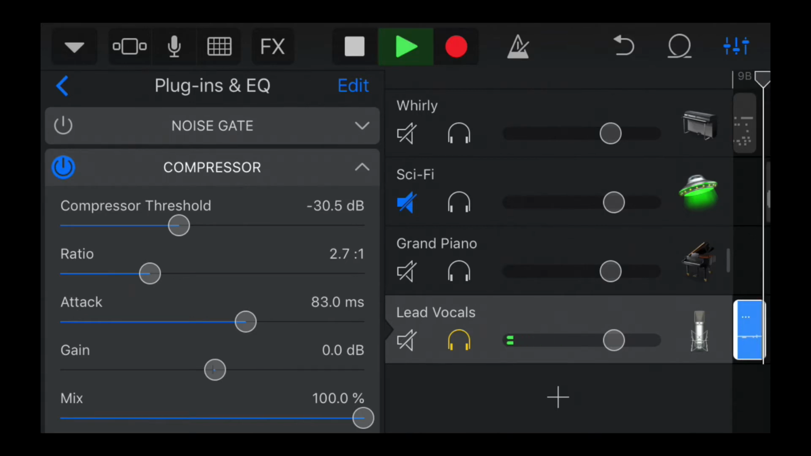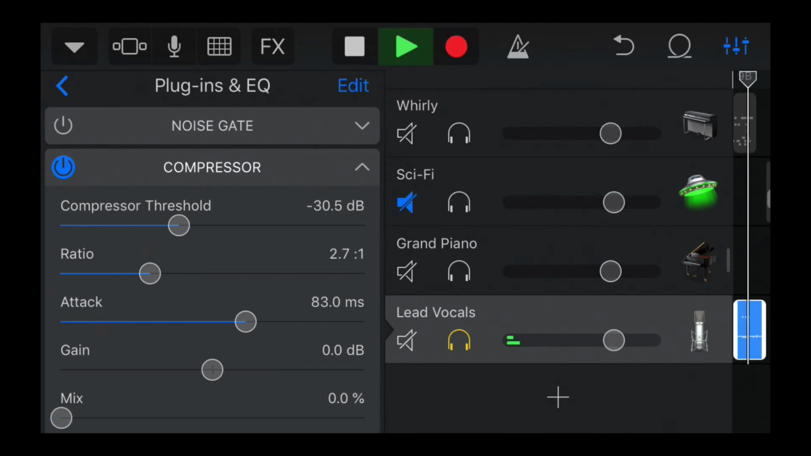And then, of course, our last parameter is mix. That tells you how much of the original signal and how much of the compressed signal are mixed together. Over here,